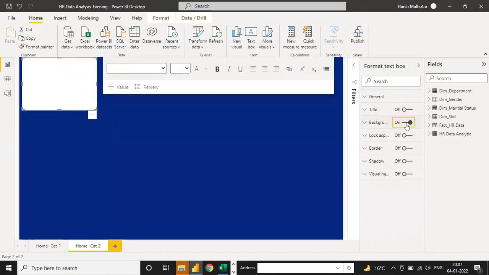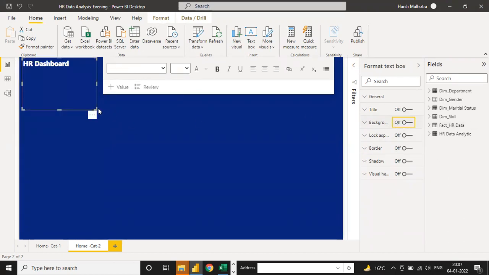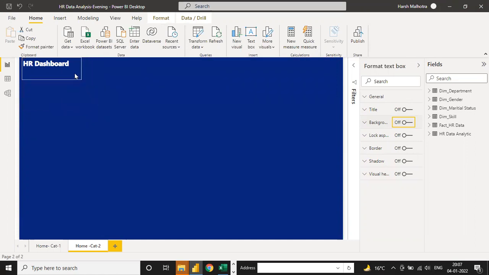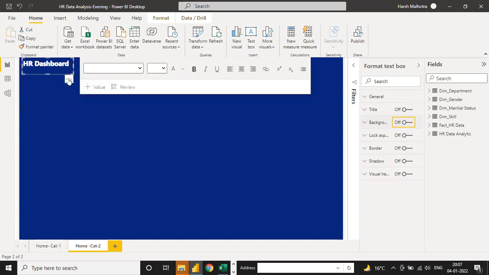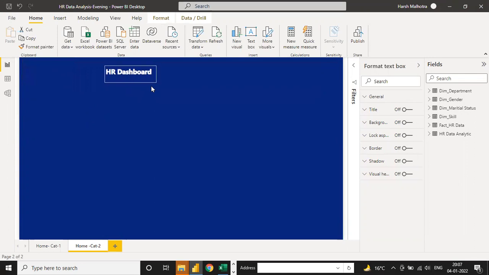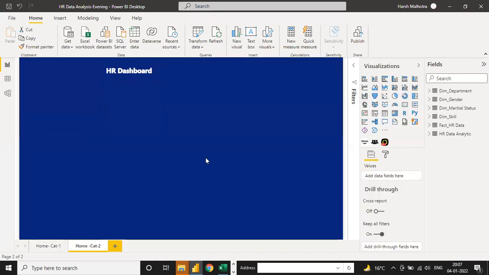Select this background, you can switch it off, and you can see the HR dashboard heading is done. So first you have to put your heading, and for heading you use the new text box option. On this basis you make your report, the complete visualization.